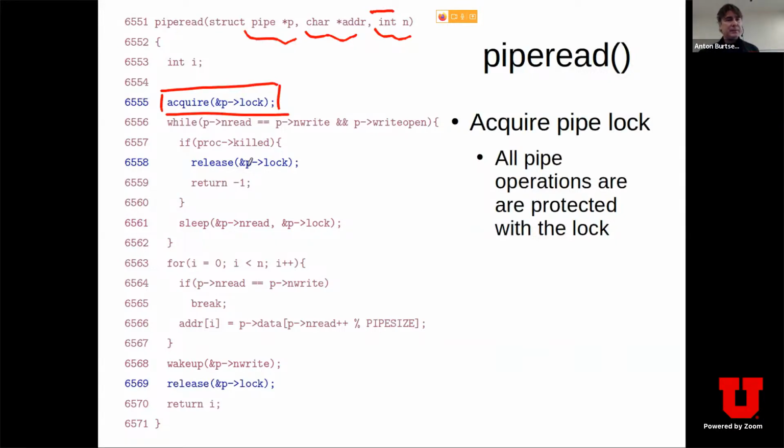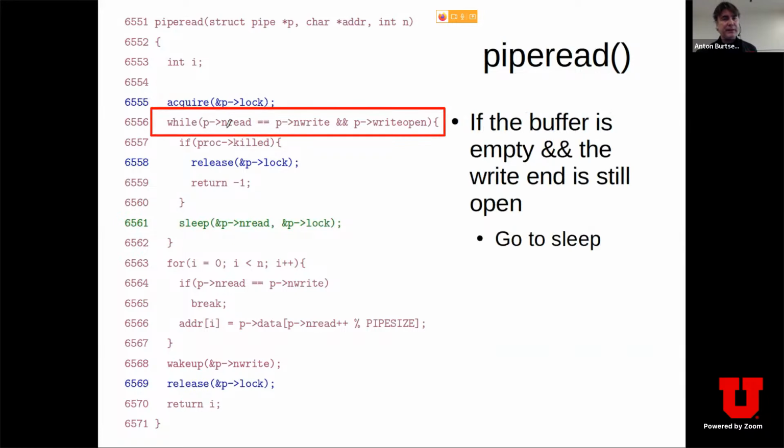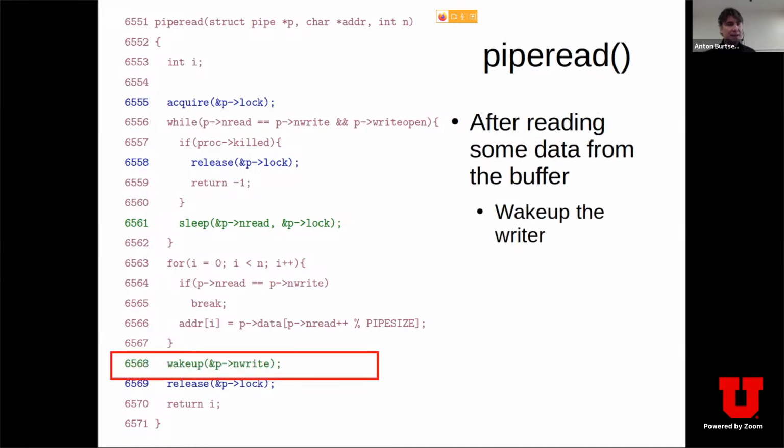And essentially you check for this condition: if the buffer is empty and the write end is still open, which means that you may get some data in the future,